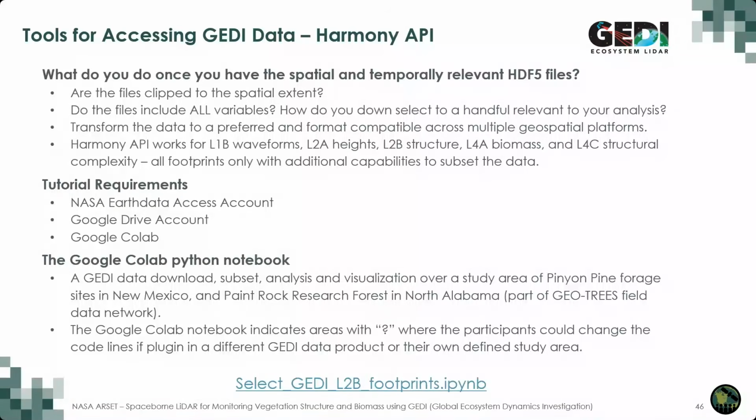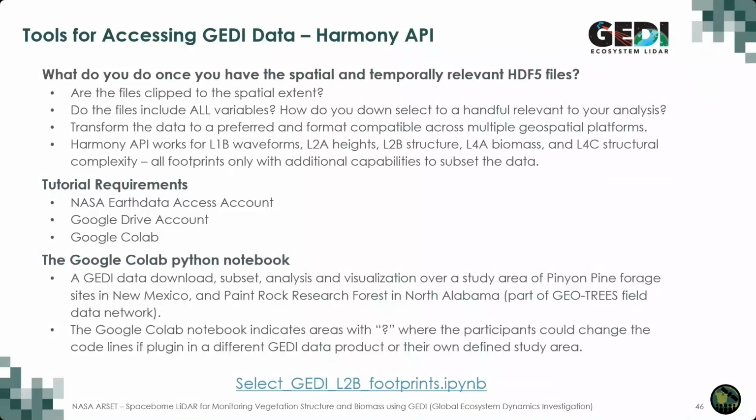One of them is of piñón pine forage sites around Albuquerque, New Mexico, as well as a Paint Rock research forest in North Alabama, which is part of the GeoTrees Field Data Network and is largely managed by Alabama A&M University. So just for your awareness, the Google Colab Notebook,